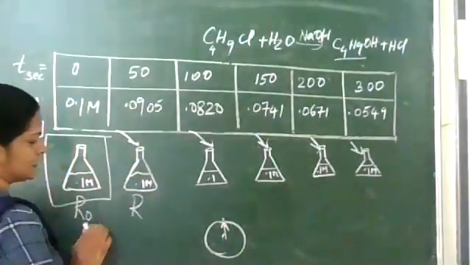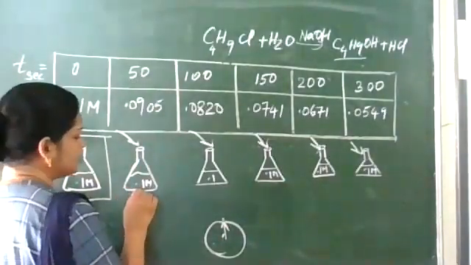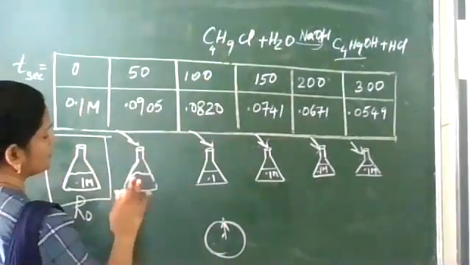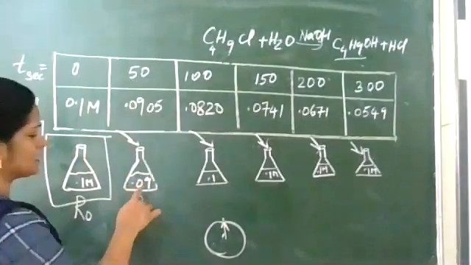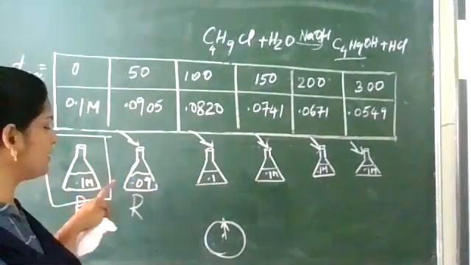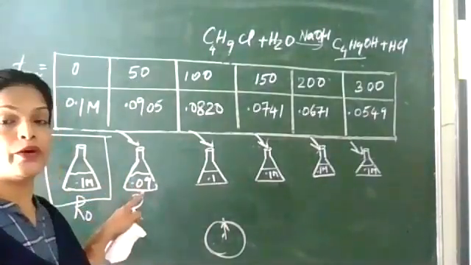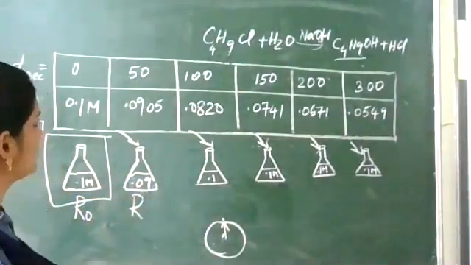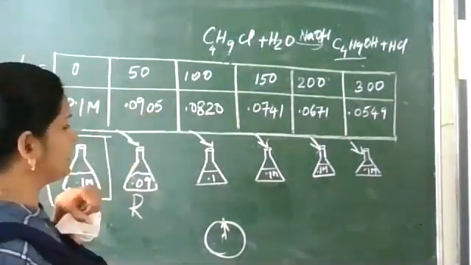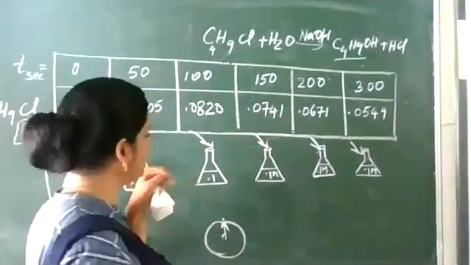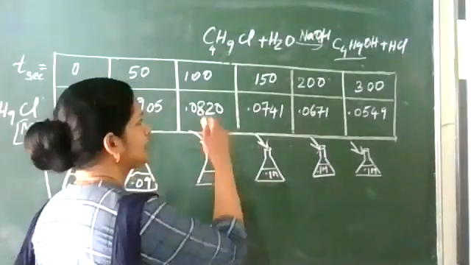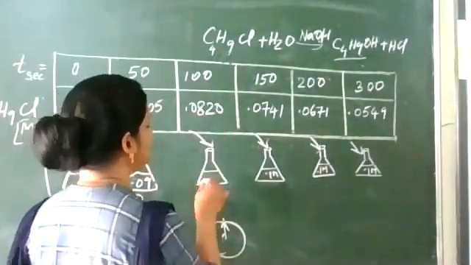After 50 seconds, we determine the amount. How much is it? 0.09. Some reaction is over. Now the reactant has changed from 0.1 to 0.09, so that value is written over here. After 100 seconds, we take this conical flask. Some of the reactant has reacted; what is remaining here is